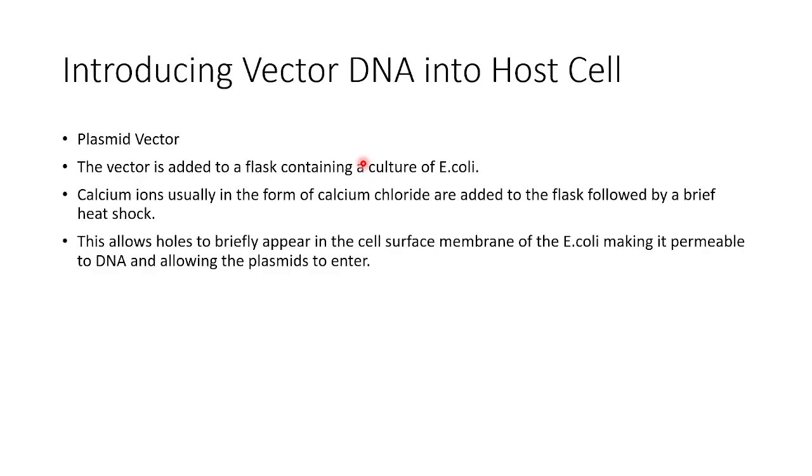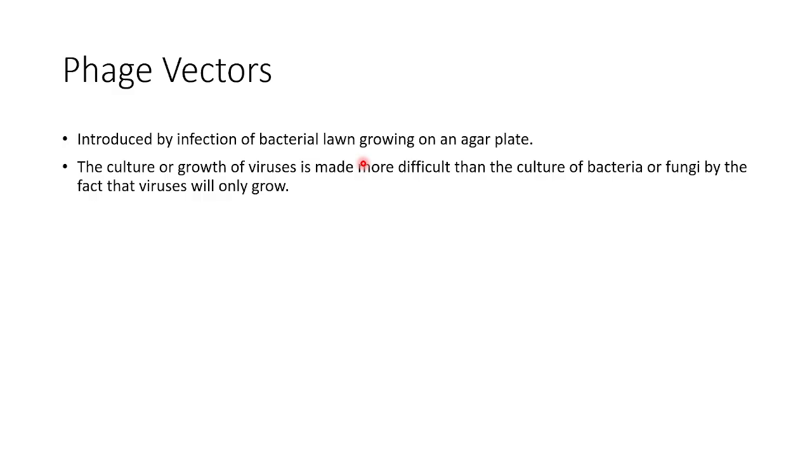So it allows holes to appear briefly in the cell surface membrane of E. coli, making it permeable to DNA, and the plasmids do enter, and then you put it on ice to block the membrane so that the plasmids do not exit from the inside. There is another way, the phage vectors. It is introduced by infection of the bacterial lawn on an agar plate. The culture of viruses is made more difficult than the culture of bacteria or fungi by the fact that viruses will only grow